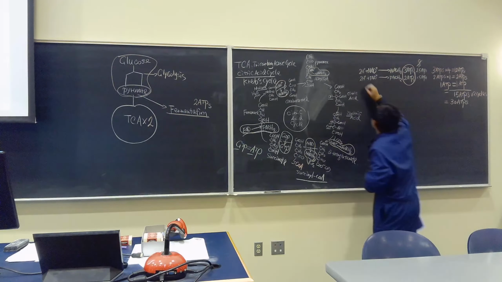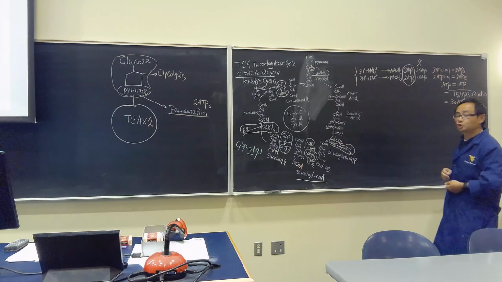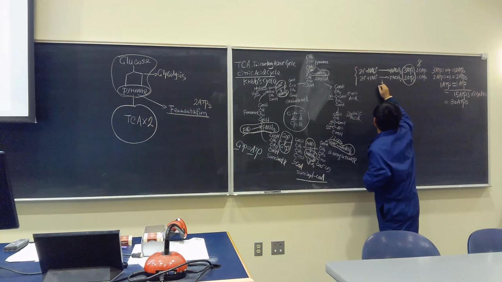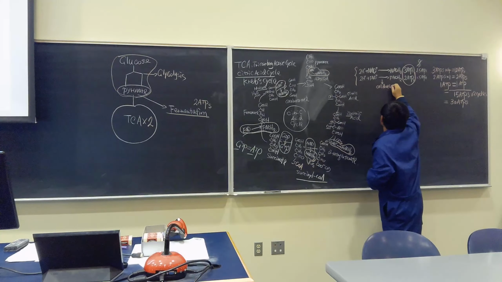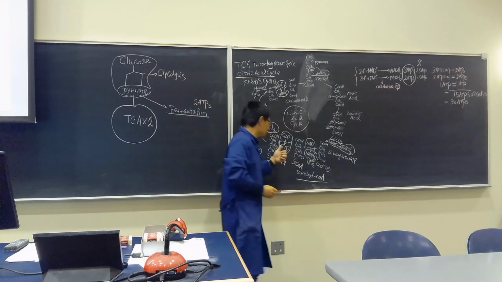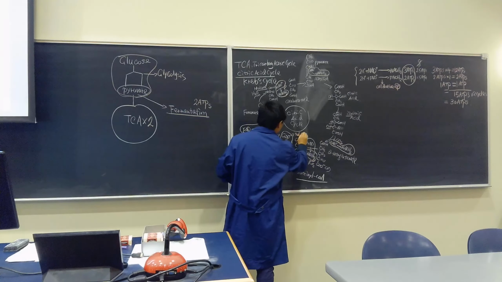Whenever you see NAD reduced to NADH2, FAD plus reduced to FADH2, that ATP generation is going through oxidative phosphorylation. And when you see GDP converted to GTP, this is substrate